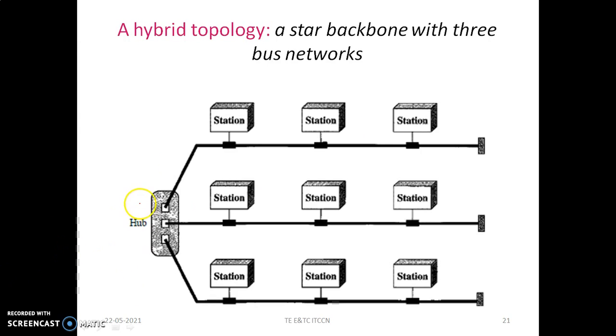So at the backbone it has a star topology where the hub is connected with the 3 main lines, and each of these main lines is connected to the other stations and other nodes, wherein this is an example of the bus topology. So it's a combination of star and bus. So this is what we have done, completed with the topology and its details. We can have the comparison and analysis.